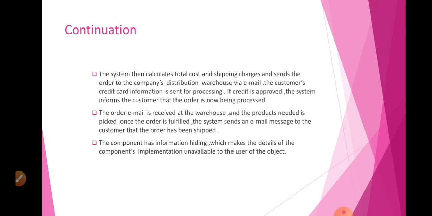These are the things done by the managed component. Here, the component has information hiding. That is, the component's implementation is unavailable to the client. We don't know what is going on at Amazon while we are purchasing a product. There is also a certain amount of code processed beyond our machine. Okay, these are the examples for managed component.